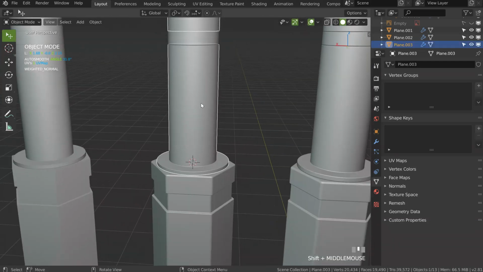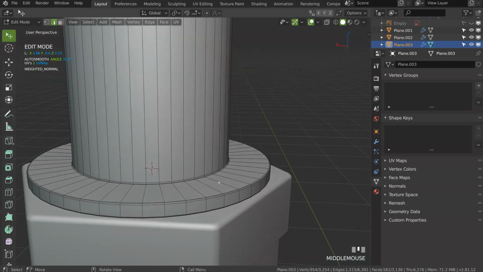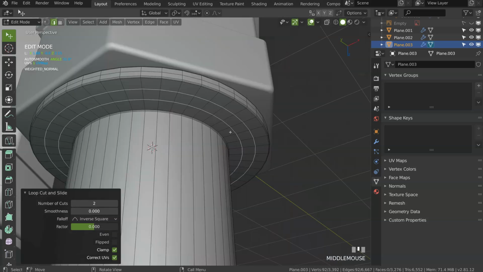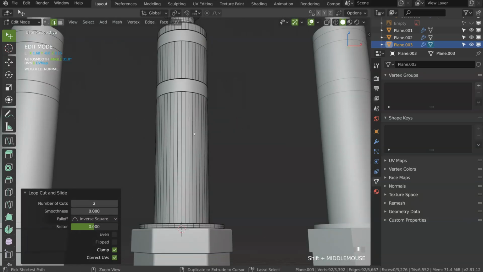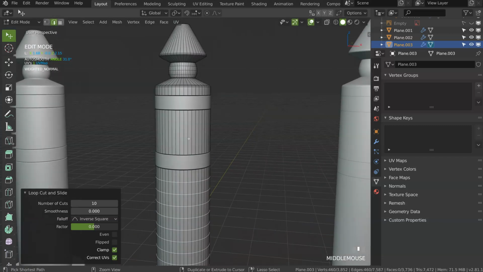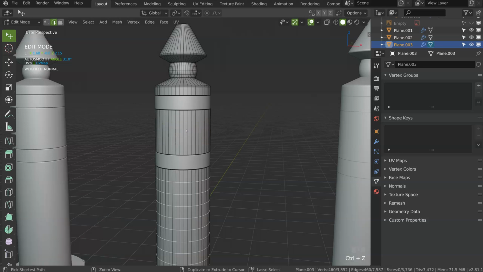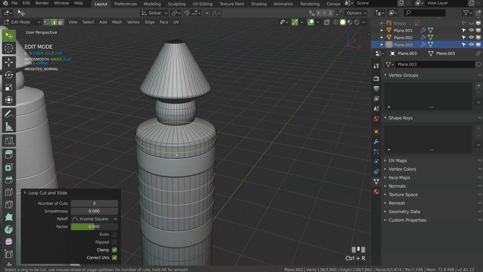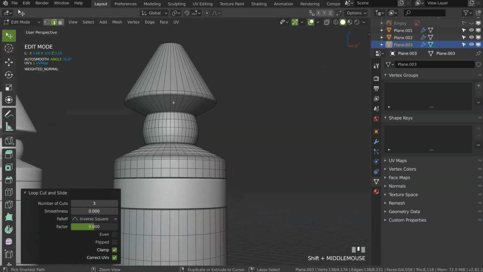Boom. This one. Why not add a little loop here? Like that. Here. Hop, I'm too fast. Control R. Should be enough. Maybe 1, 2, Control R. Well, that will work like that. One here, some here. Same here.